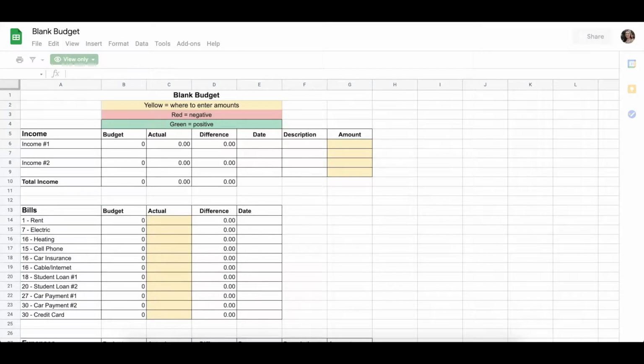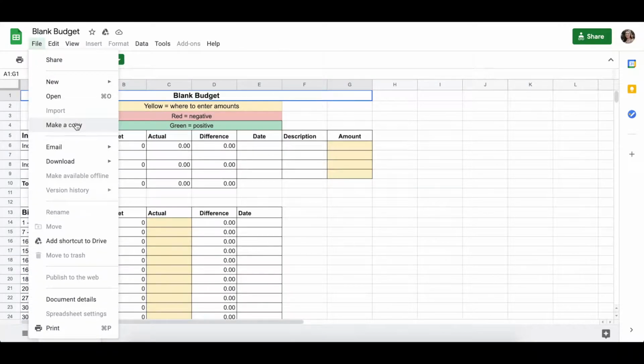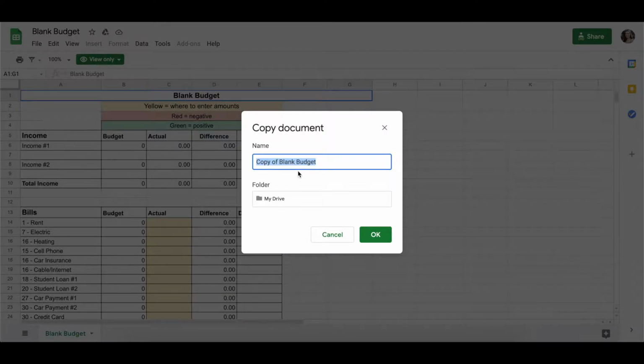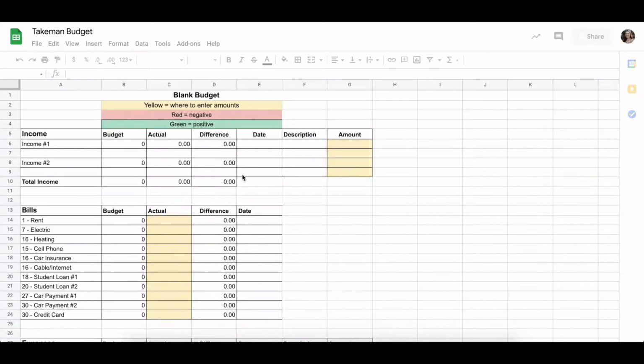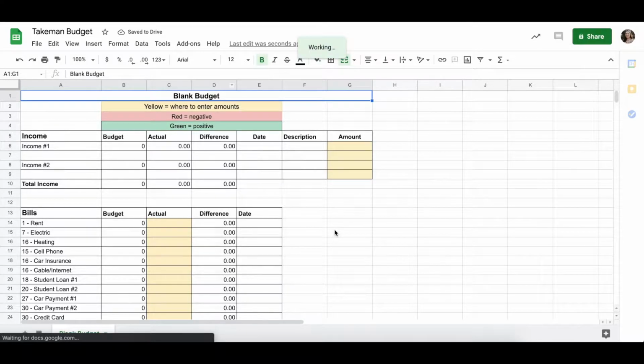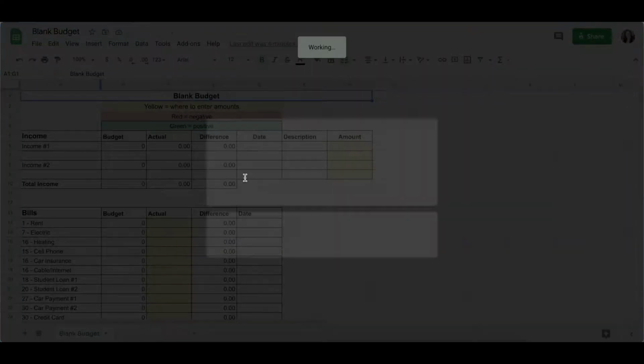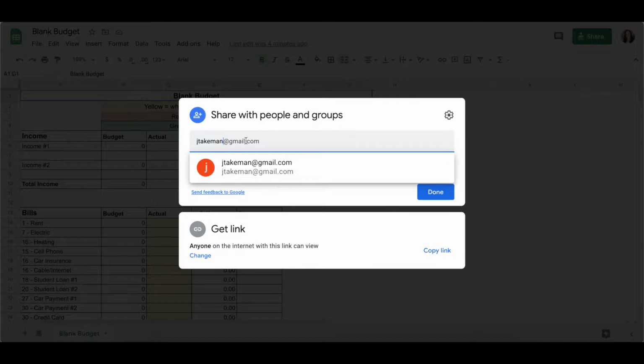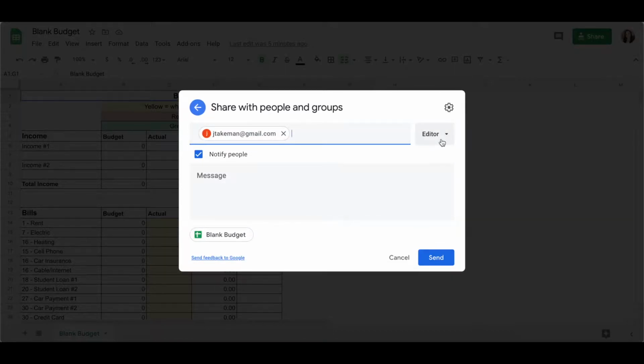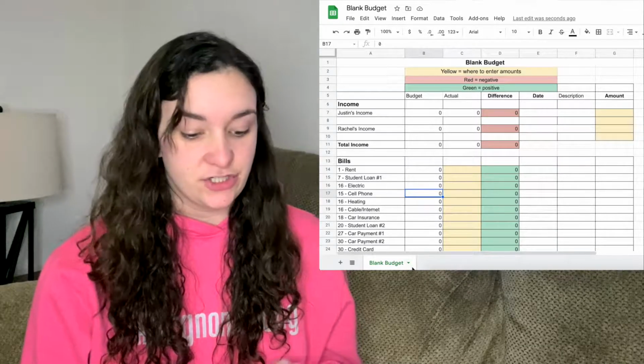You're going to follow the link and you're going to go file, make a copy, and then you name it whatever you want to name your budget. This way it's not the public budget, it's actually a private file in your own Google Drive. And if you have someone you split your budget with, you're going to go file, share, and then put in the Gmail address of the person you want to share it with. Make sure you have editor checked off so that they can also edit the spreadsheet, and then you're going to press send. This is set up so that every month we can just duplicate the page.